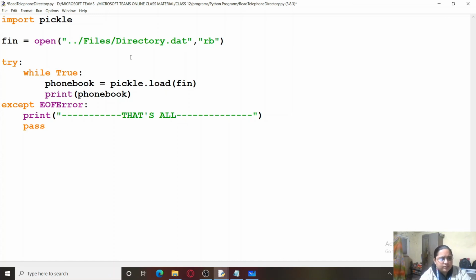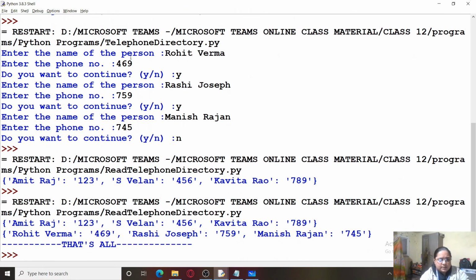What will happen is, once you complete this and run the program, your program is going to execute till the time end of file is reached. So fin.close, and now let's see what we get. You can see that you are getting two different objects.